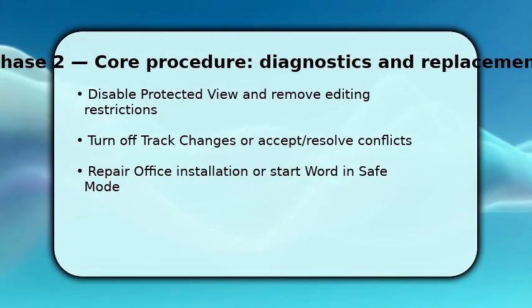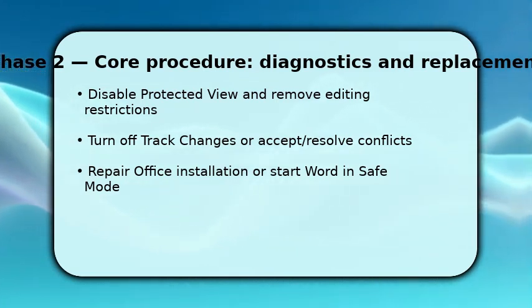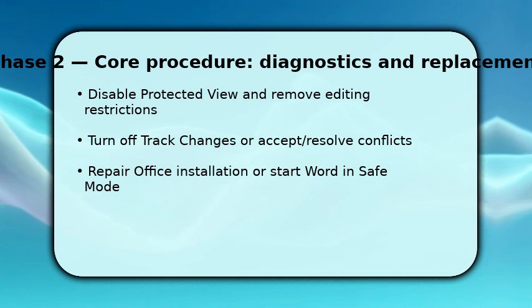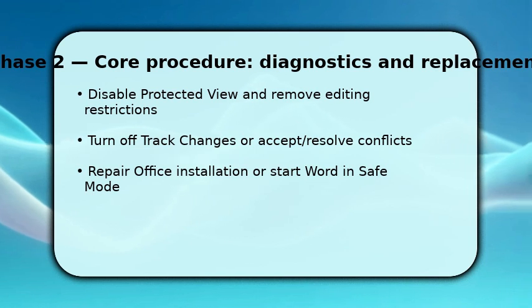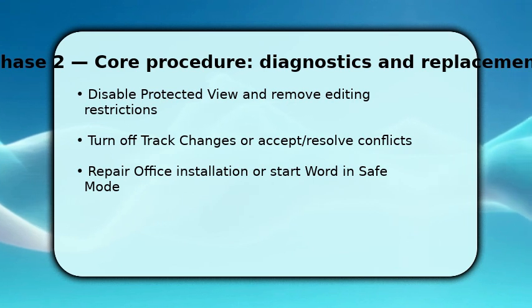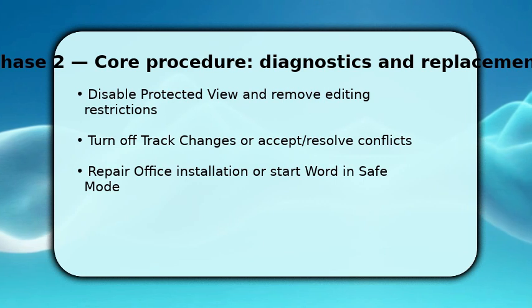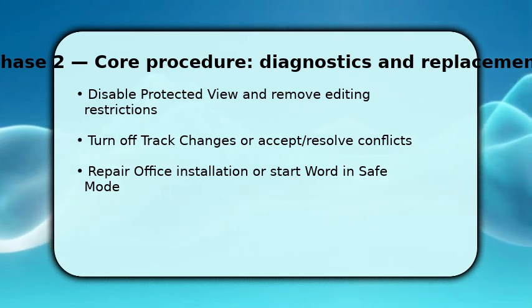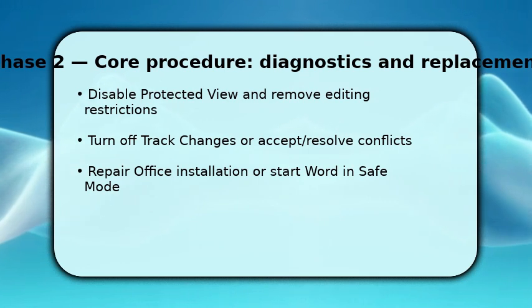Now inspect Word's internal protections, because protected view or editing restrictions can block typing. Go to Options, Trust Center, Protected View and disable temporary checks only for trusted files. Remove any editing restrictions under Restrict Editing. If track changes is creating conflicts, accept or reject changes to restore normal editing. If issues persist, run a quick repair or open Word in safe mode to isolate add-ins that may prevent edits,